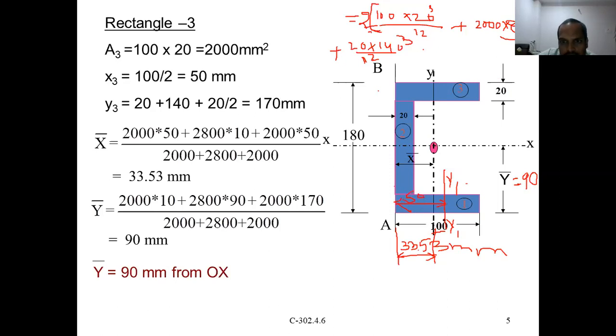Right, its distance is 50. But right now it is okay. So first, what is it? Moment of inertia of the first figure. It's nothing but Iyy is equal to moment of inertia of the first figure about this axis, Iyy1 plus Iyy2 plus Iyy3. Iyy means this moment of inertia about this axis plus this moment of inertia about this axis plus this moment of inertia about this axis. That's what we have to do, right?